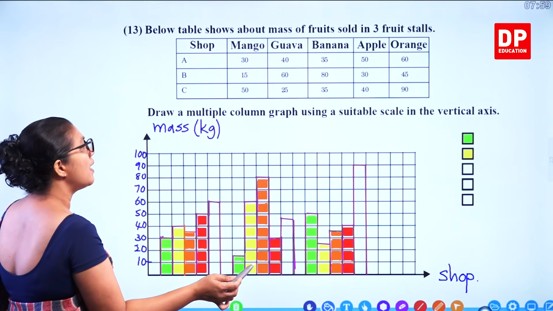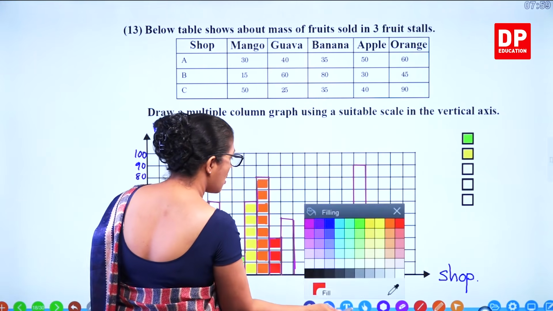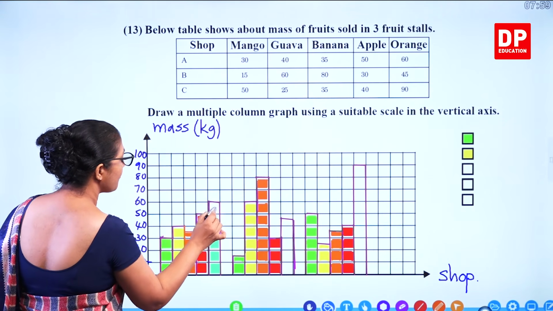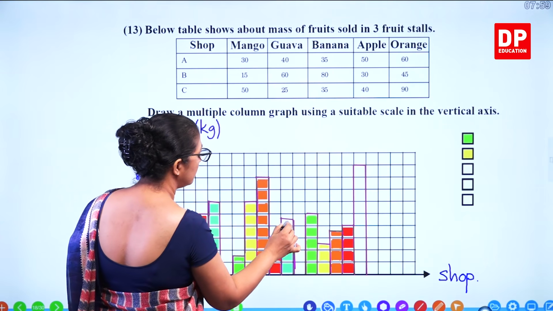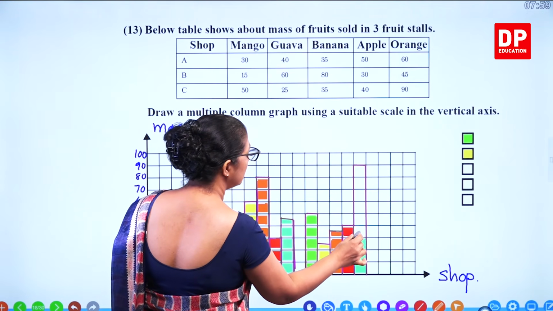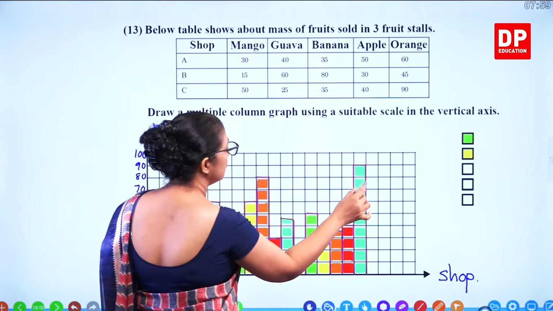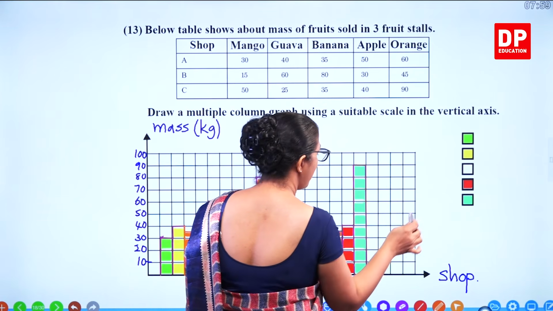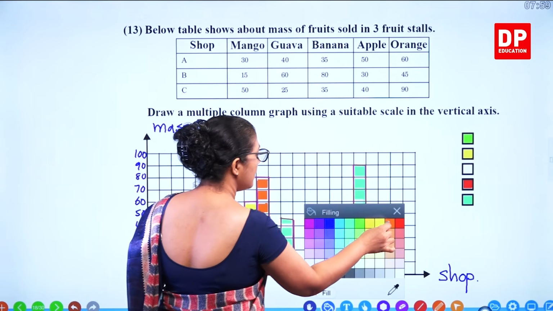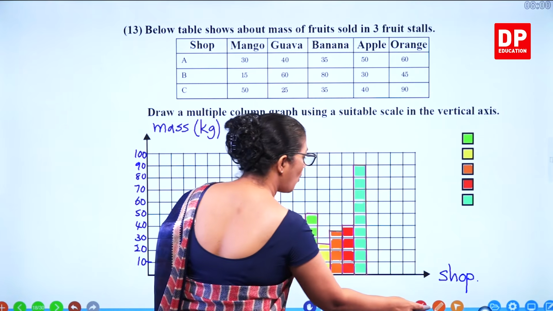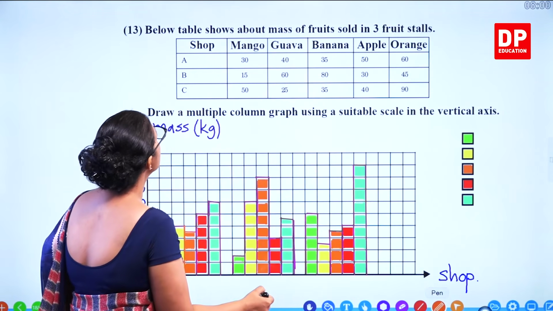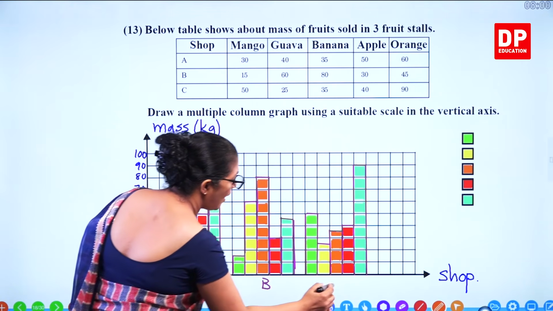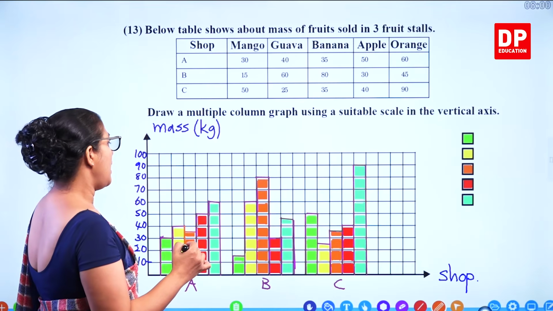That's apple. And then orange. Orange we'll take this color. So this is orange. So we need to color this also. Red and orange here. Now we can label. This is shop A, shop B and shop C here, and